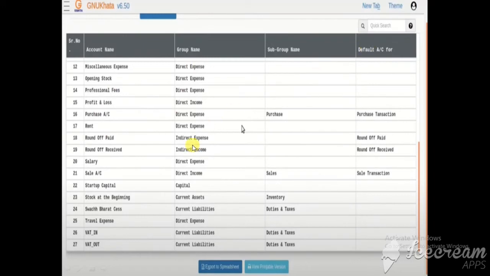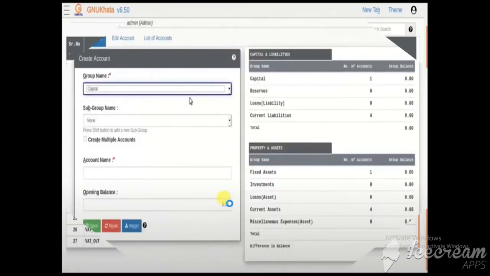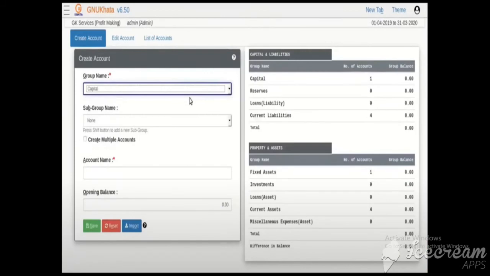We wanted to see how to create the account. The account name is already given, and I have given startup capital, so it appears here. You see in number 22 it is startup capital. Now capital is done, startup capital is done, the account is created.